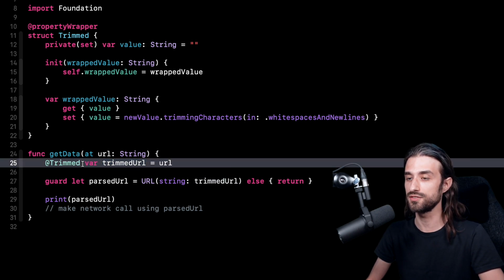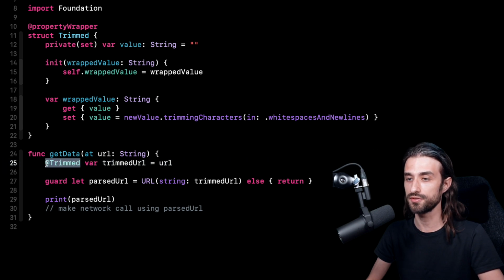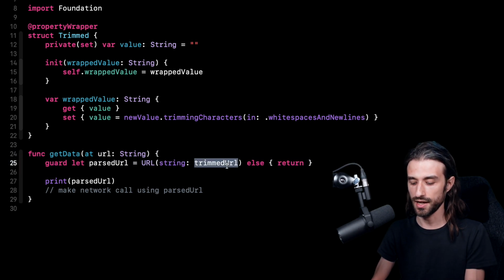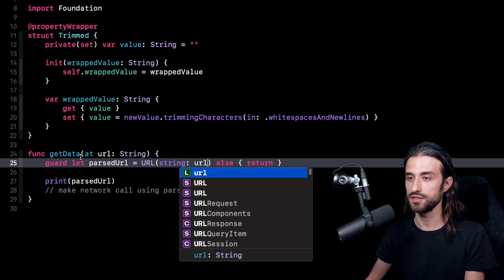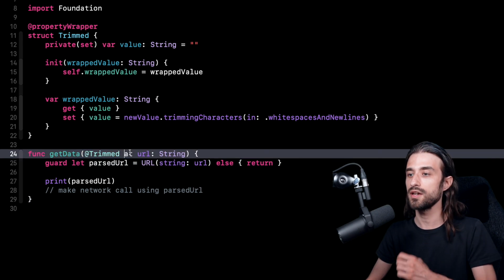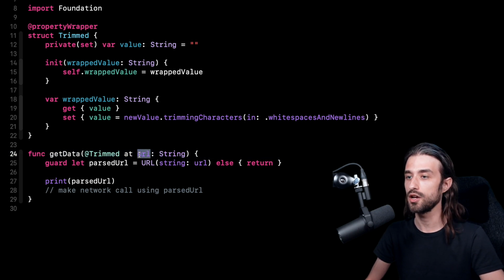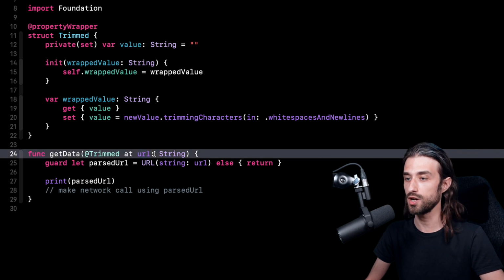And that's exactly what is now possible since Swift 5.5. So what I can do now is that I can just cut the property wrapper. I can remove this line right here. Here I can use again directly the argument, and I can apply the property wrapper directly to the argument. And I think it's a pretty good feature to be able to use a property wrapper on an argument, because now we no longer need to create this extra local variable. We also don't need to introduce an extra var in our code. Here the URL is still a let constant and it works perfectly well because this is what we want to have in our code.